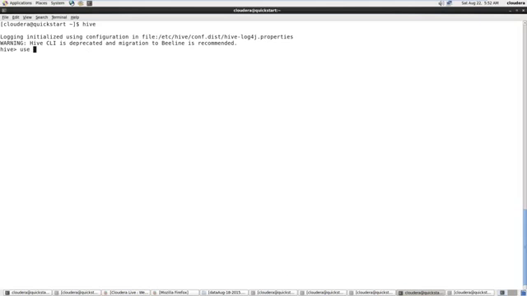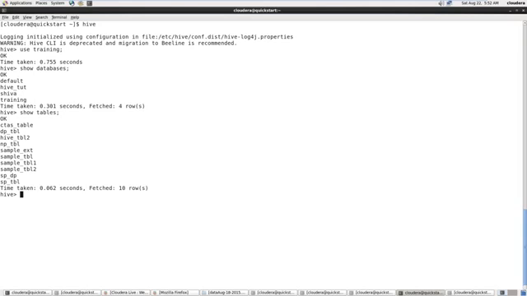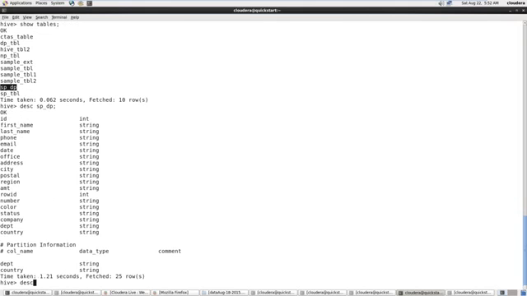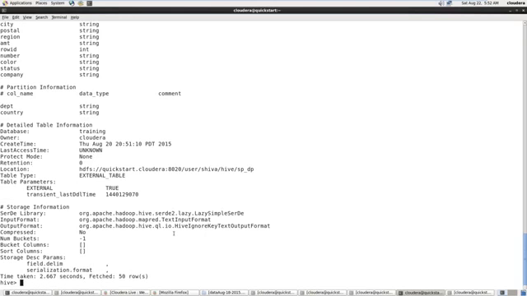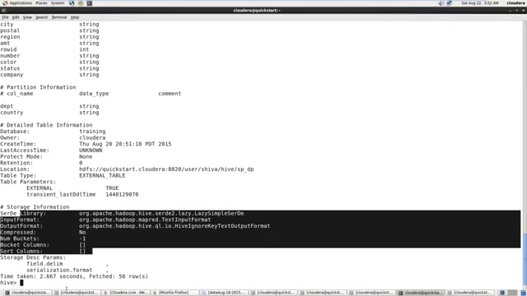And then use training. So here, to see the list of databases we use show databases, and to see the list of tables we use show tables, and to see the table structure or metadata we use describe table name. We can also use two other types of describe: describe formatted, which gives a formatted description, as you can see here,